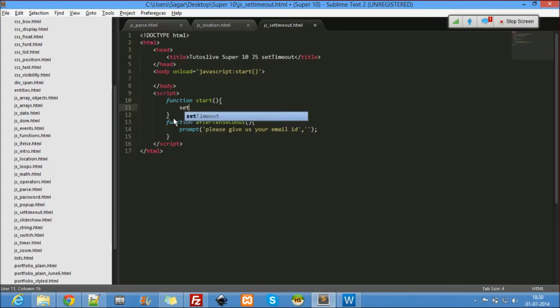So here I do in start onload set timeout function. So after 10 seconds, 10 seconds is nothing but 10,000 milliseconds. Okay, so in here I call that function after 10 seconds. Oops, not here.